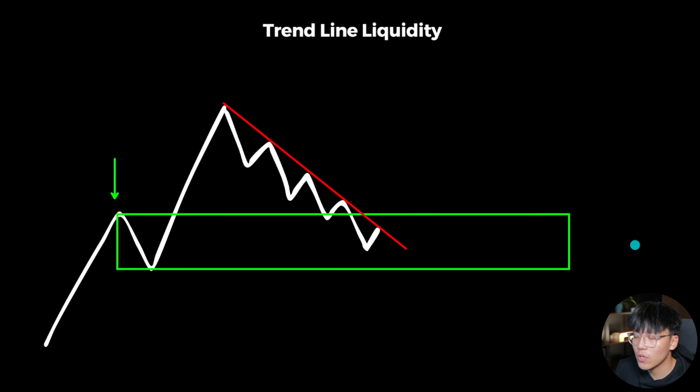So we can mark this trend line towards the downside. So we understand that we're in a clear uptrend. We have a pullback down in towards our key break and retest level. We form a trend line, and what happens whenever we form a trend line, what we're creating is essentially lower